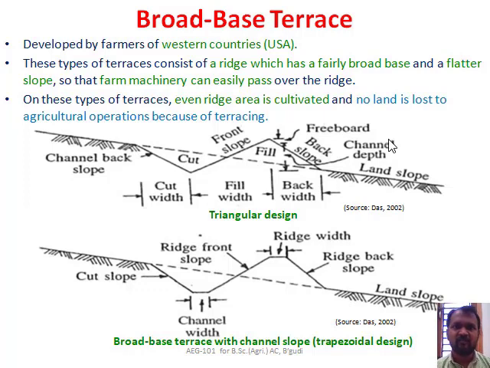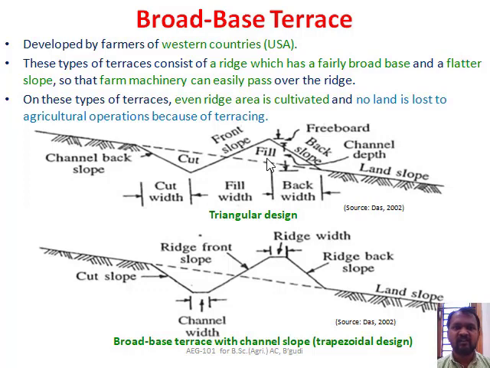We'll see one by one what those classes are. First we'll go for the broad-based terrace. The broad-based terrace was developed by Western countries, particularly the USA, by the farmers of those countries. These terraces consist of a ridge, which is fairly broad based. Here you can see it has a broad base, here also, and this also has a broad base. So it has a fairly broad base and flatter slopes, this side and this side also,